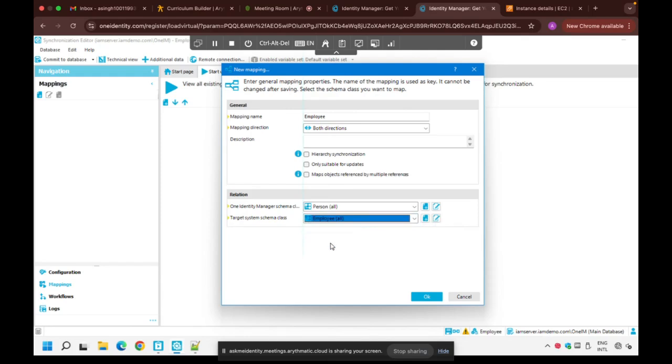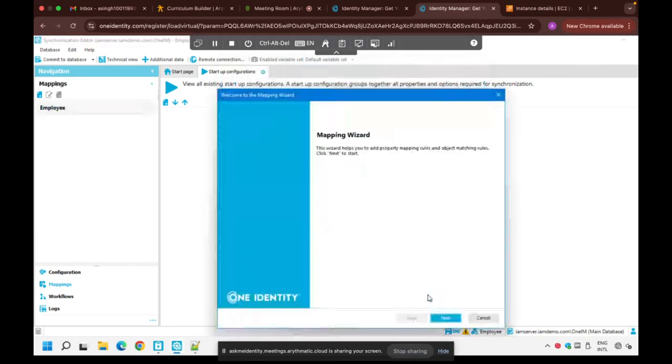So now what we have done is we have just created a mapping named employee. The mapping direction is both directions. The One Identity Manager table that we have taken is person, and the target system table that we have taken is employee. Click OK over here. Now it will open the mapping wizard. So the mapping wizard will give us the view of which attribute of the person table you would like to map with which attribute of the target system table. Okay,